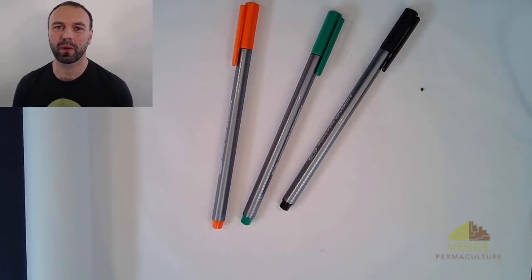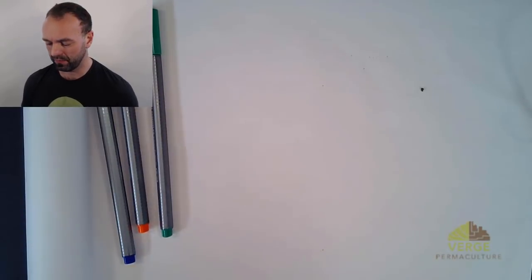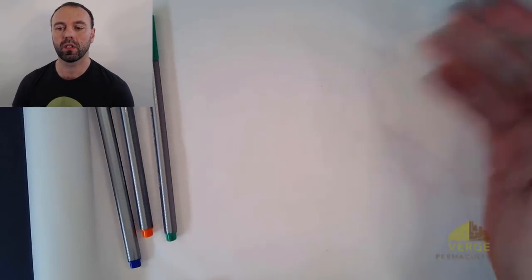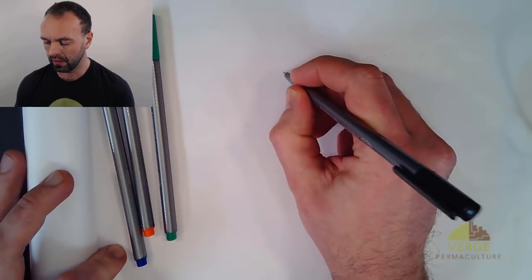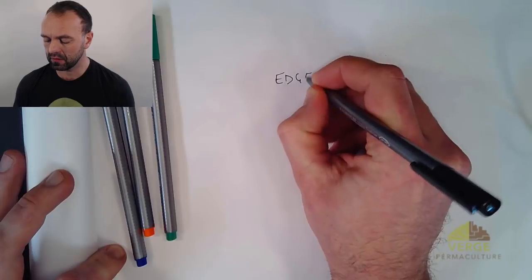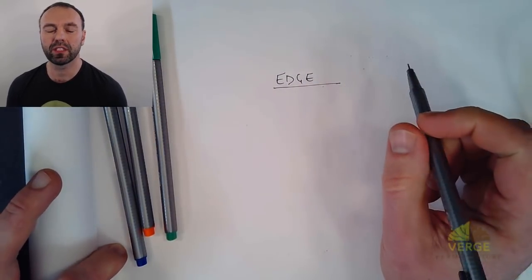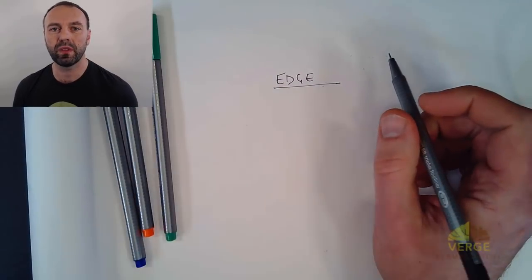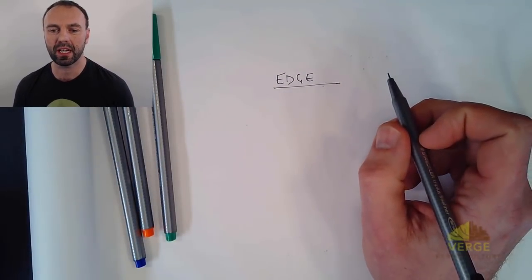Today I want to talk about a permaculture concept called edge. In fact, it's not really a permaculture concept at all. It's a concept that we use in permaculture, but it's actually a concept that is used widely in ecology. And this concept is the concept of edge. Now, edge plays a really important part in the way that we design ecosystems, specifically ecosystems for human habitat, in